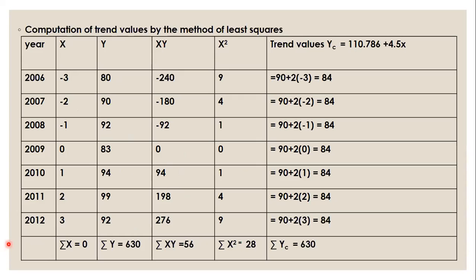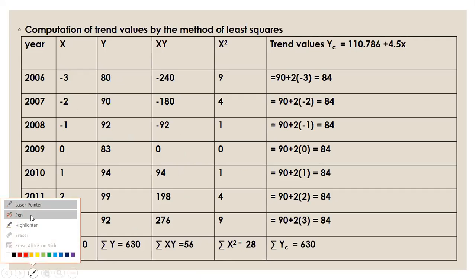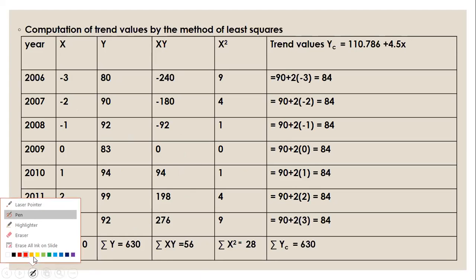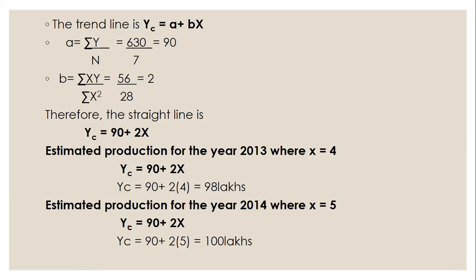So if you come back to the table, the value for 2013, I can assume X being 4, and for the value 2014 I can assume X being 5, right? So that is how I also got to know about X being 4 and X being 5. Okay, then calculate